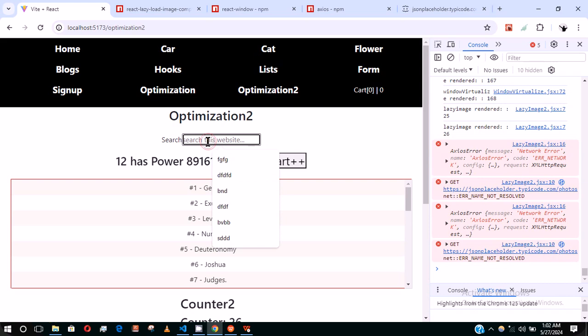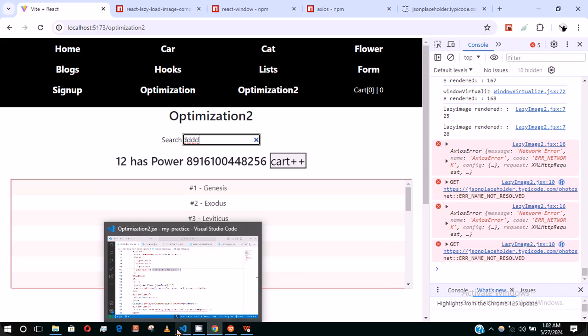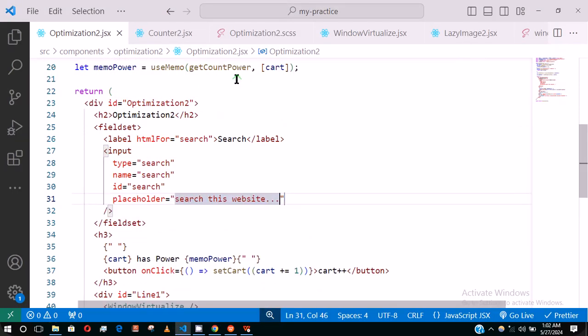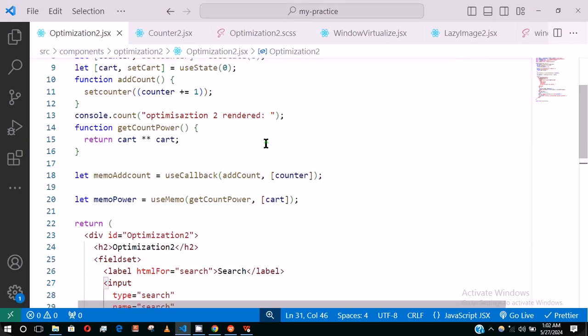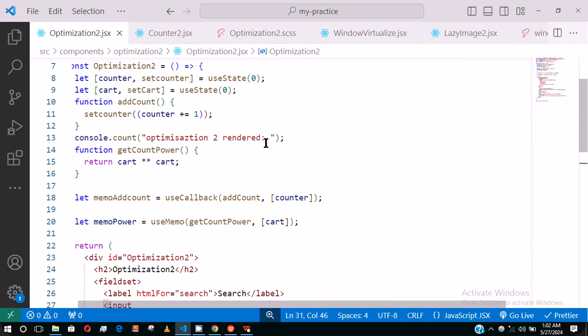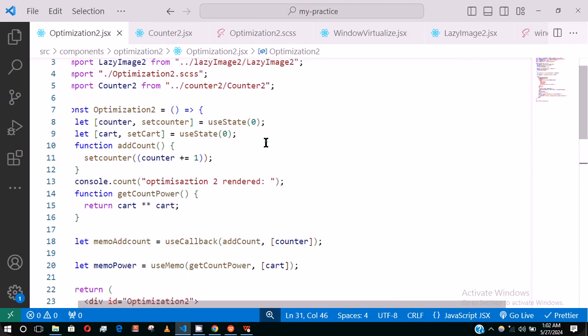So let's create a state, a hook. So let's differentiate between state and other things. So tab, so let search, set search, then use state, then put it as empty string. So what I want to do now is this: we now want to